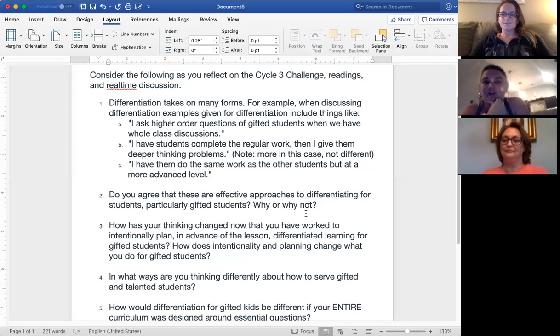Yeah, I think it's good for enrichment, and I also think it's good for remediation. And I think it's good for on level. I think it kind of meets the needs. We also got Education Galaxy, which is very similar, and the kids actually enjoy it more. And it is differentiated based on, they take the diagnostic.